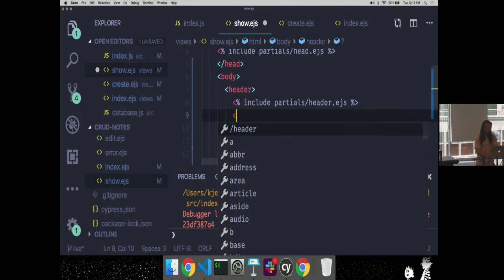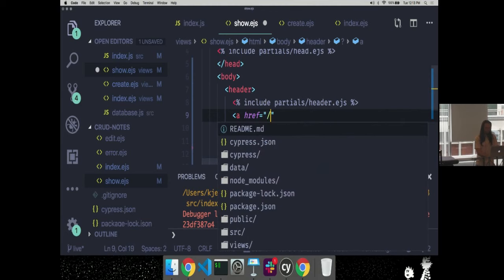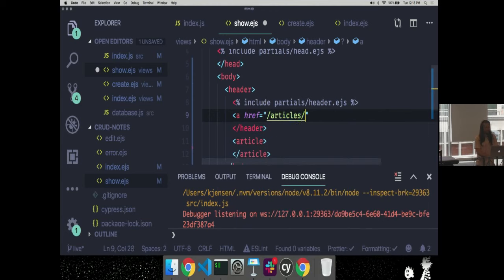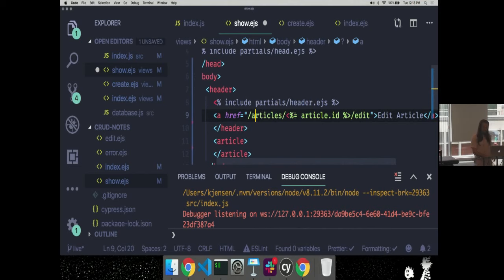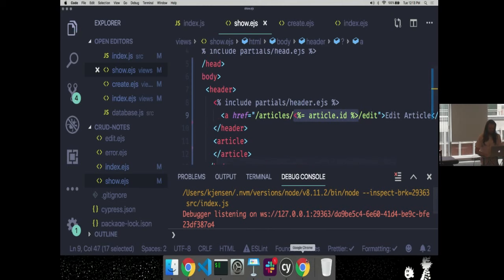In the header here, a href equals articles. Now here, I have to use the ID, right? If I'm going to edit this article, then I need to use <%= article.id %> and then /edit. And then that's going to give me my edit article button. So this here is where I'm going to use that article value first. Make sense? So now when I run this test,